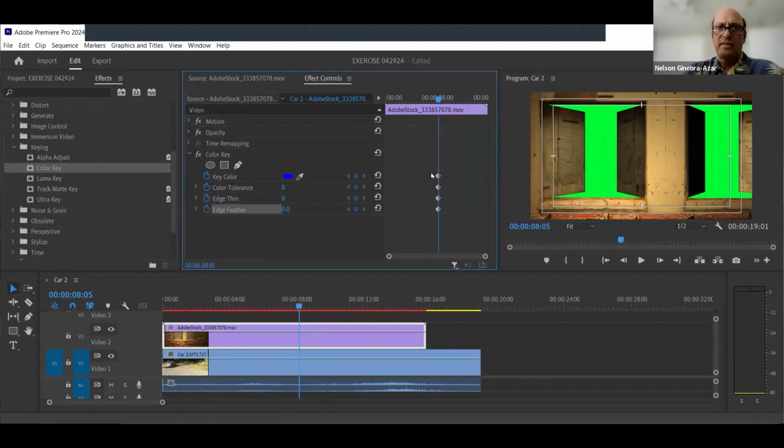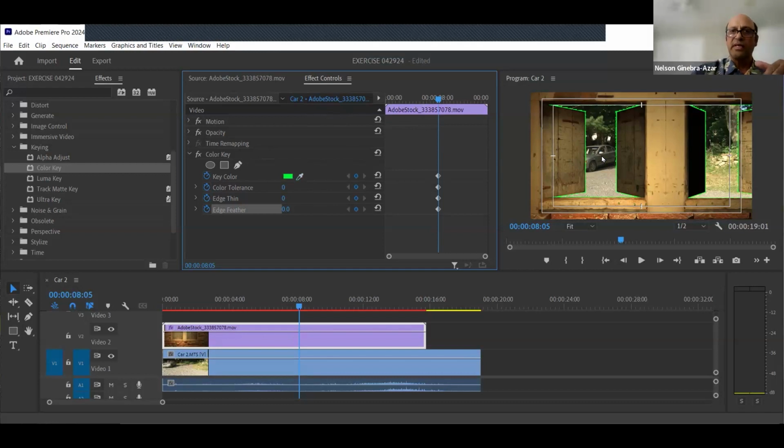Okay. You're only going to set this once. You're not going to keyframe. You're not going to change the different effects here. All right. Remember how you can grab your eyedropper, right? And wherever it hovers over it, it picks up that color. So you go over the green, click on that, and the initial cut is pretty clean because it's identifying that